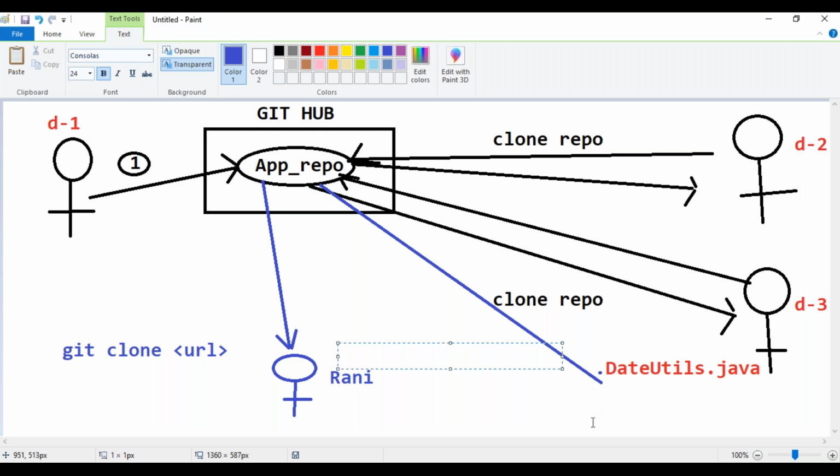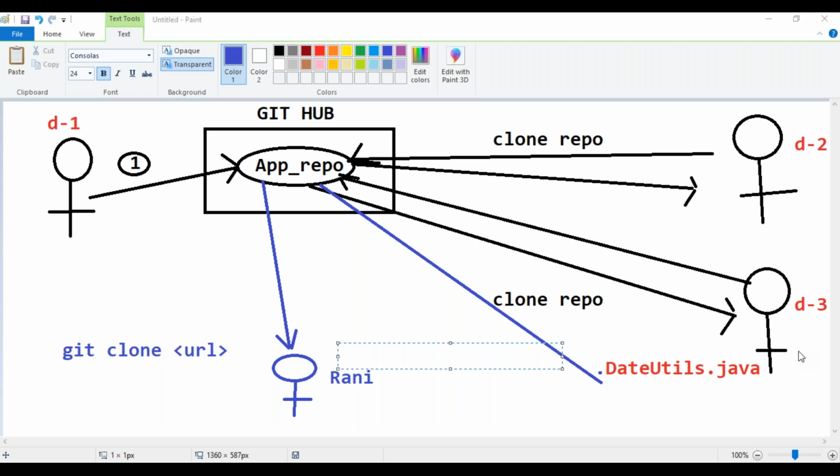Now, what command does Sanjay have to use? Sanjay is already working in the same project for one year and has his workspace set up. What command has to be used? Pull command. Either Bharat or Sanjay needs to use the pull command. Who pushed the changes? Rani pushed the changes to the central repository. If they want to review her changes, which command do they need, push or pull? They need to use the pull command.